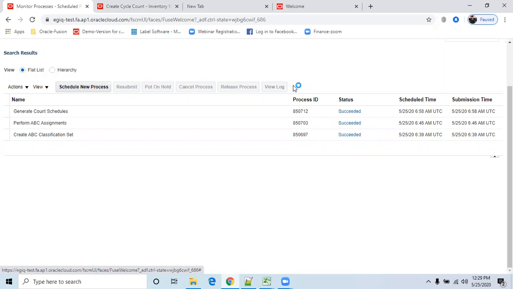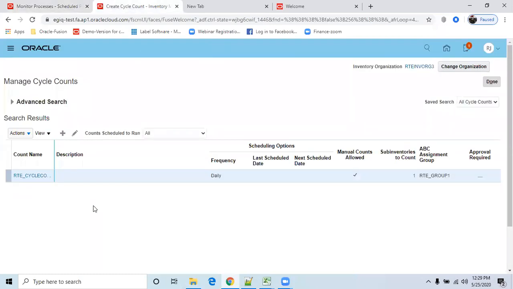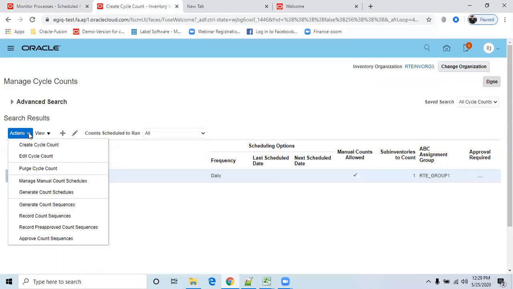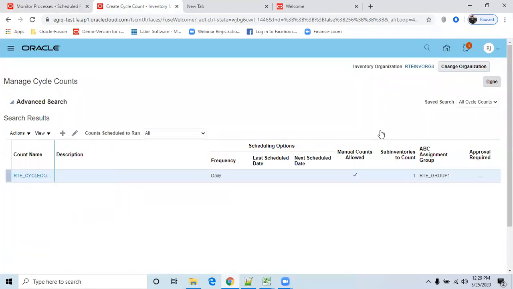Similarly, in the physical count we have also seen that count schedules means it is like freezing the system. Once it has been done, search again. See here, last schedule date is 5/25 and next schedule date is 5/26. Now the system has started the cycle count.